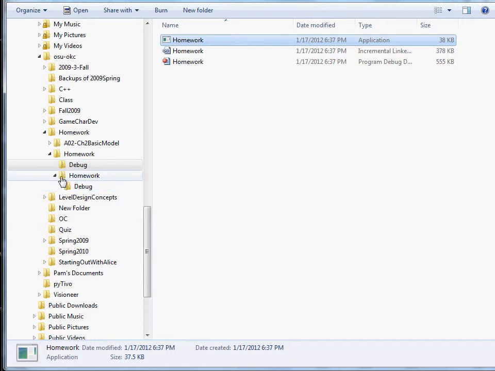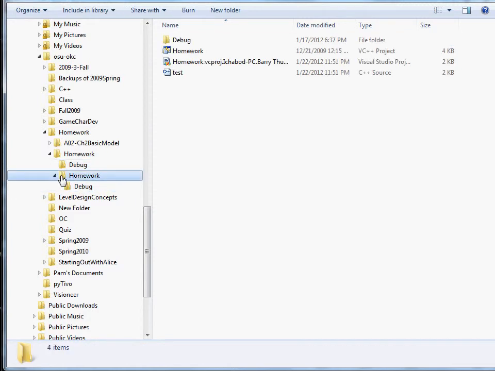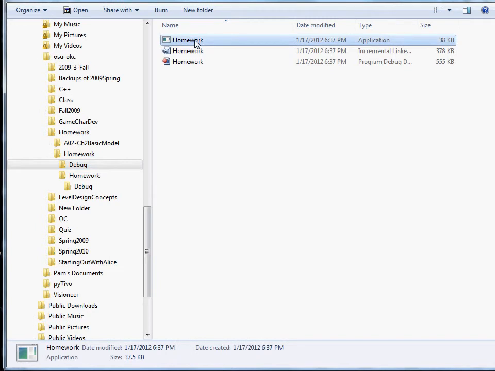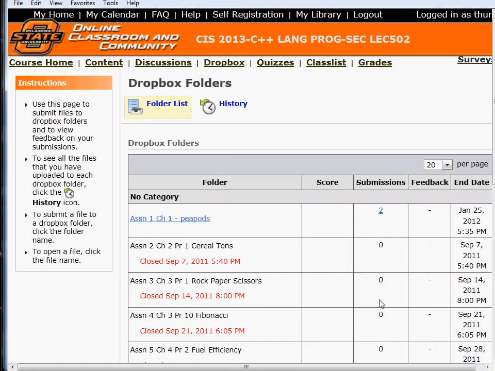The solution folder has your project folder that has your source code file in it. But if you can't see the .exe, you're going to have to change that. So I'll show you how to do that in a minute. First, let's go to the Dropbox and see what happens when we try to submit it. So if I go to the Dropbox